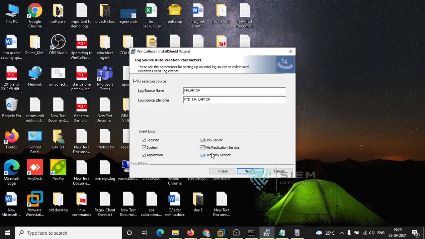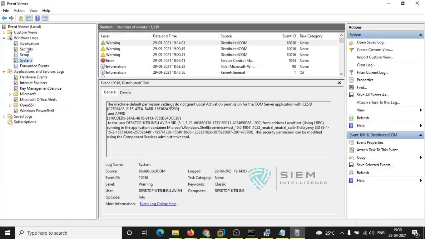Because AD may be integrated with DNS, and AD always has the DFSR service, the replication service for sysvol, data replication, OU replication, and so on. And AD Sites and Services uses the DFSR service for replication purposes. So we have to give directory, DNS and FRS services. By default, these are the event logs we are collecting from these 4.